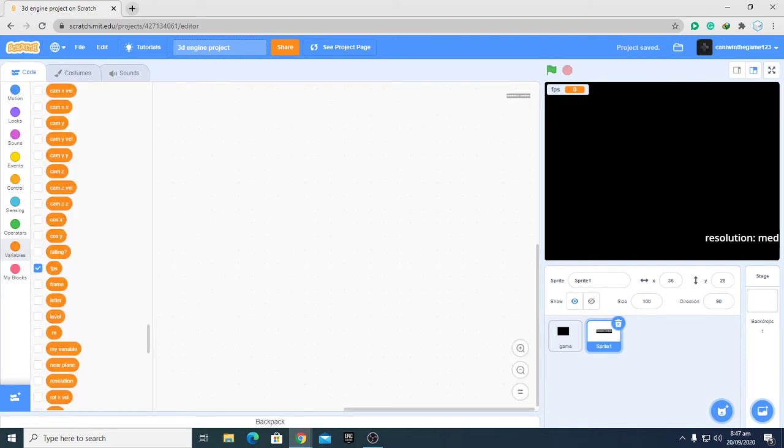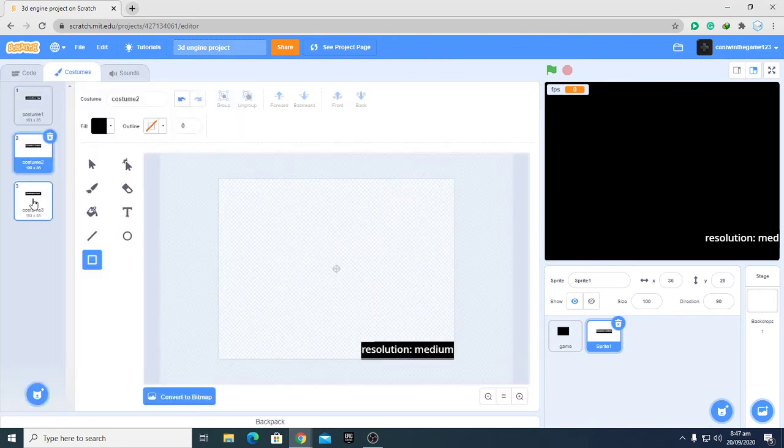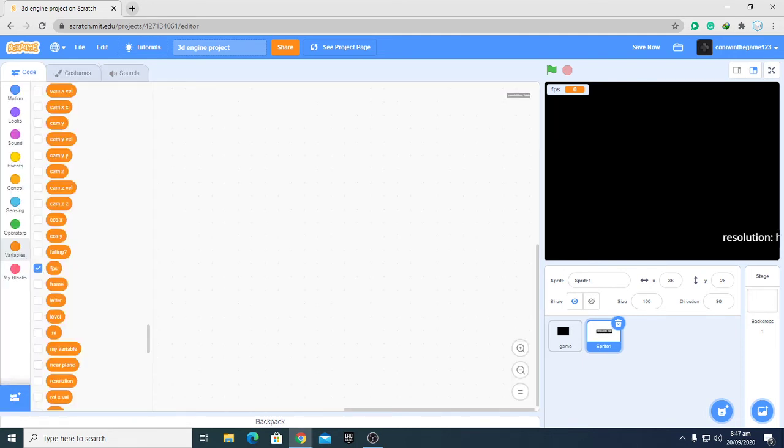go code. Actually we need to go here and name these. So low is called low, costume's called 1, 2, and 3. Now if we go into coding,